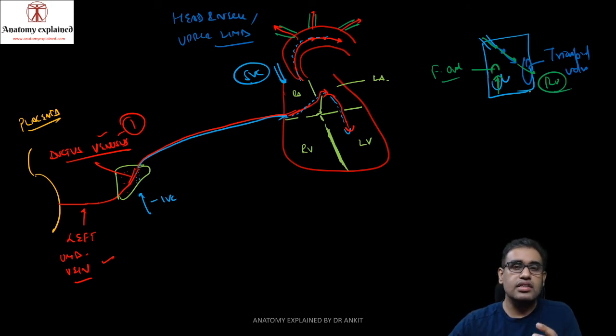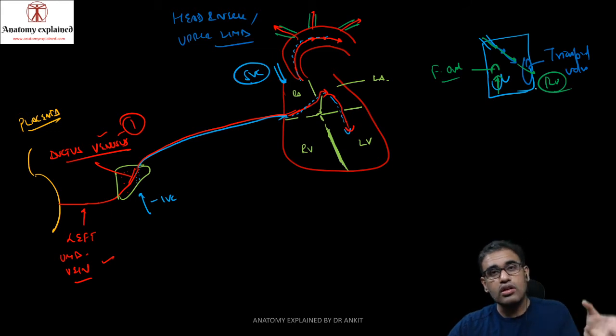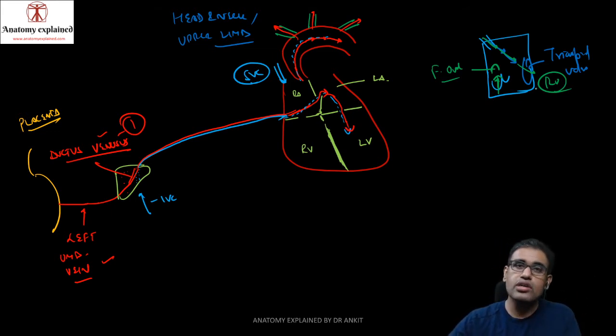That is some sort of real magic over here, because both the oxygenated and deoxygenated blood are entering into a common chamber, and both are following different paths. They are crossing each other like this. One is going from the IVC to the foramen ovale, the other is going from the SVC to the tricuspid valve. They are crossing, and there is very little mixing of the blood.